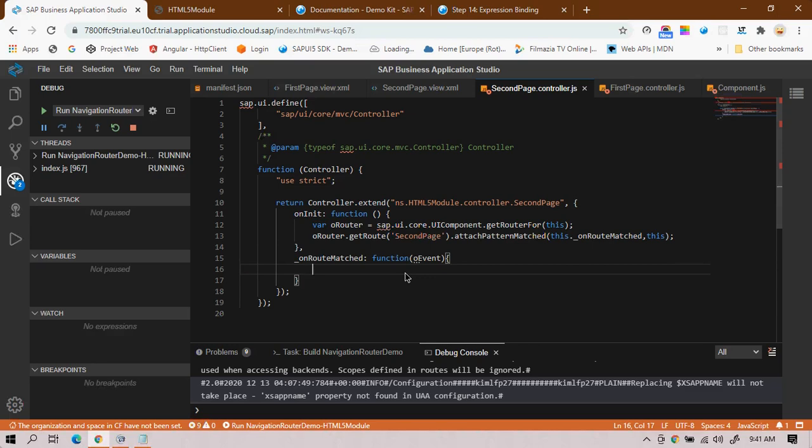As of now I want to debug it, so I'll write oEvent, the data I want from the first page. I'll take this and we will inspect it in the console. So I'll write the debugger so that our debugger point will be set.